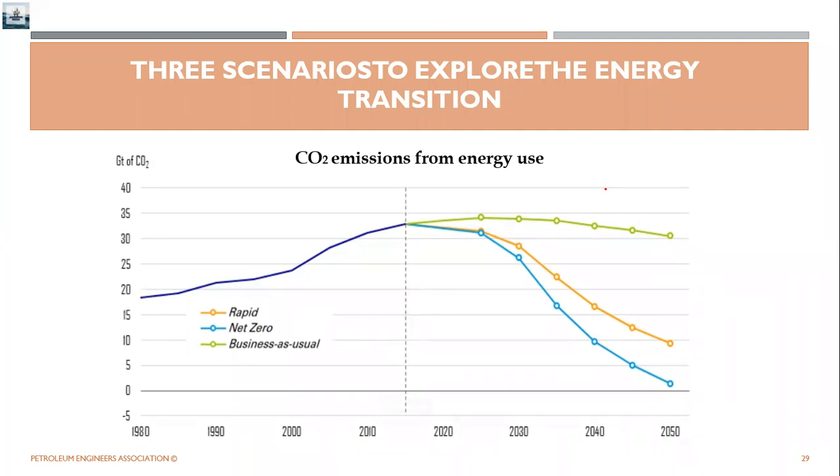So if you're bringing down the use of fossil fuels, then definitely the carbon emissions, which we quantify in terms of tons of CO2 emissions, will come down. So this is what the scenario looks like. Now, why 2050? Because the majority of the nations have committed to achieve a net zero economy, or let's say a society wherein there will be zero usage of carbon emitting fuel sources or energy sources. So that is the target year of 2050.